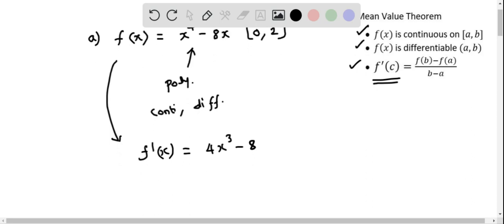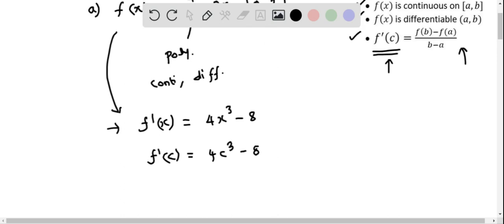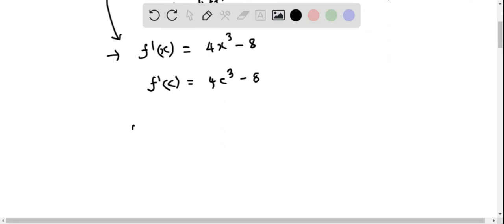Now we can find f prime of c. We just have to replace x by c in this equation, and when you do that we get f prime of c equals 4c cubed minus 8. So we found the left side expression, that is f prime of c. Now we will find the right side expression. So f prime of c, which equals 4c cubed minus 8,